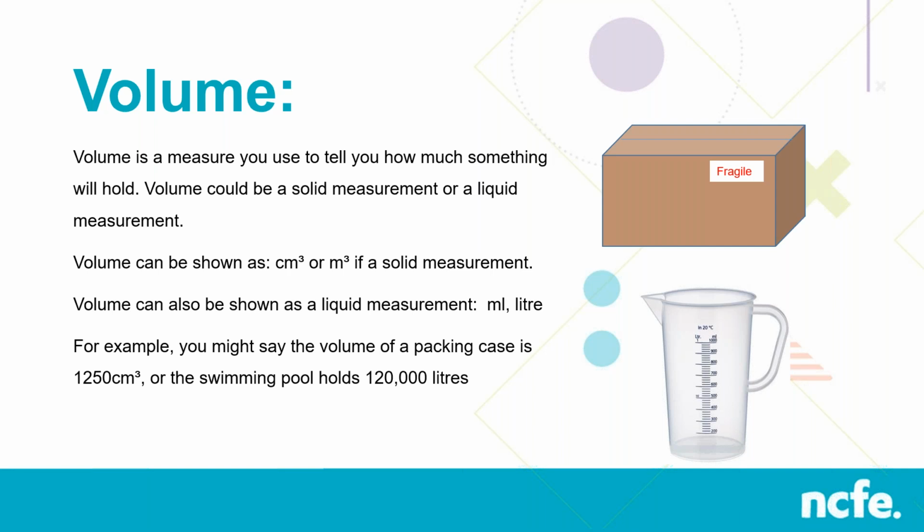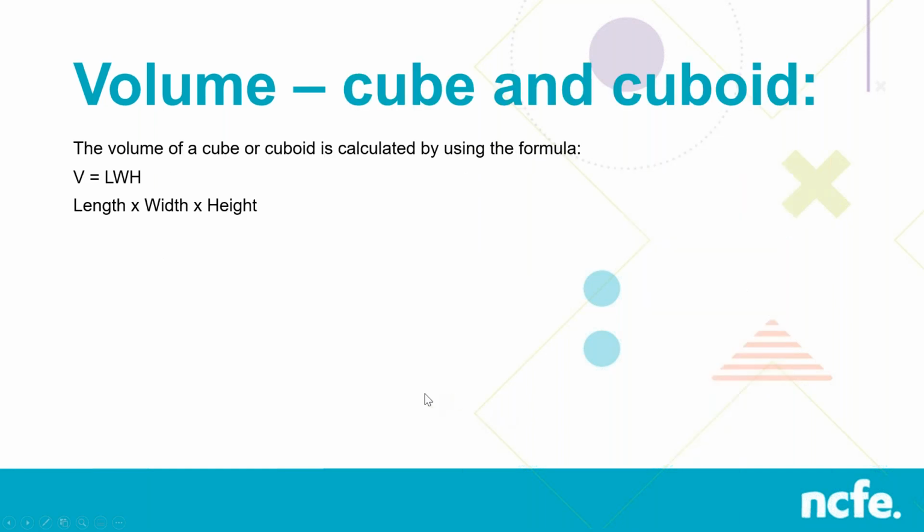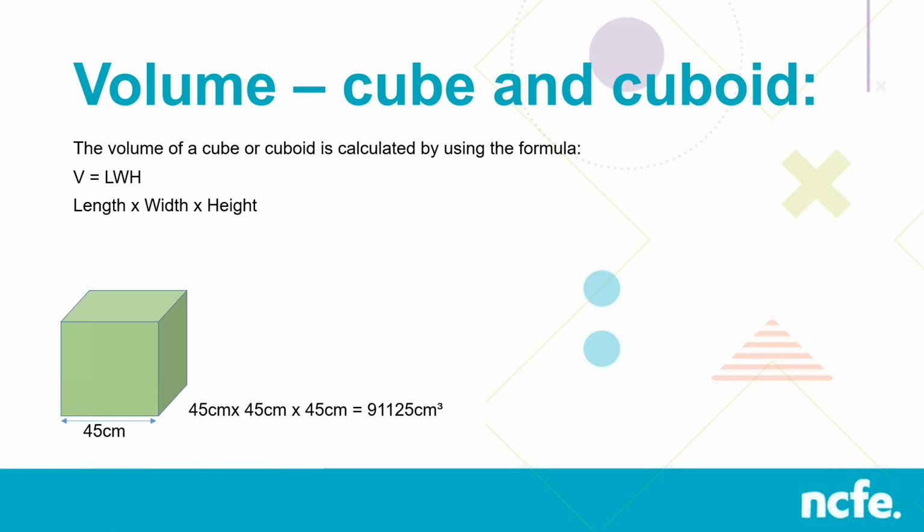So for example, you might say the volume of a packing case is 1,250 centimetre cubed, or that a swimming pool holds 120,000 litres. The volume of a cube or cuboid is calculated by using the formula V equals LWH. So length times width times height. So to calculate the volume of a cube with size of 45 centimetres, you'd multiply 45 by 45 by 45,